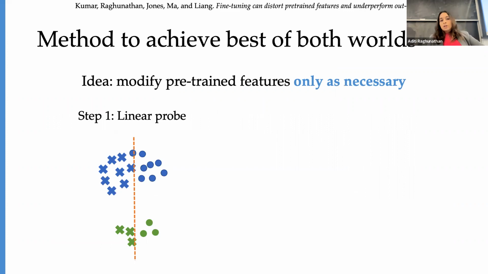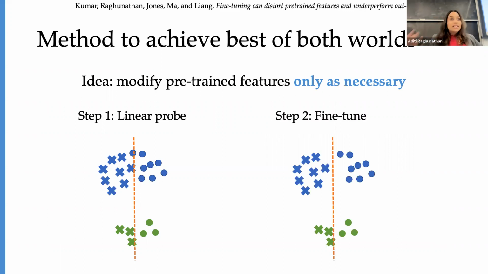Right, so how do we realize this? What we suggested is, first, let's just do linear probing. So we first learn this orange line. Let's do the best we can with the current features, and then let's change the features. Now when we change the features, we are not fitting a random head. We are changing the features just as necessary to further improve on the best we could do. So if we do that,